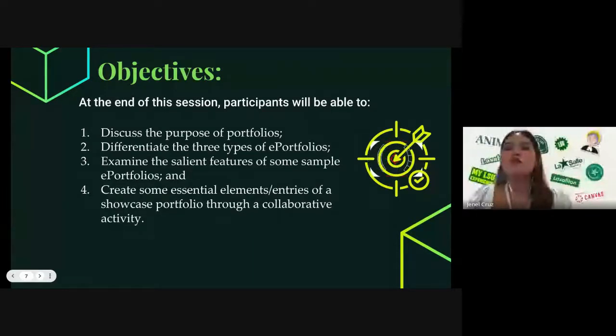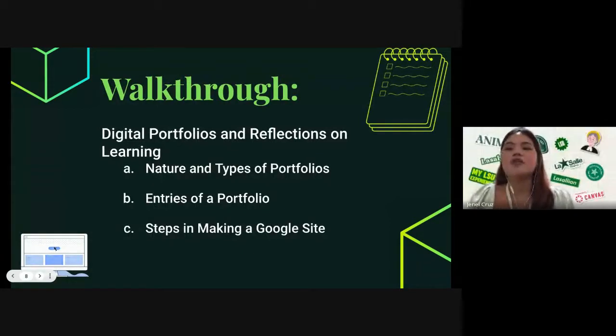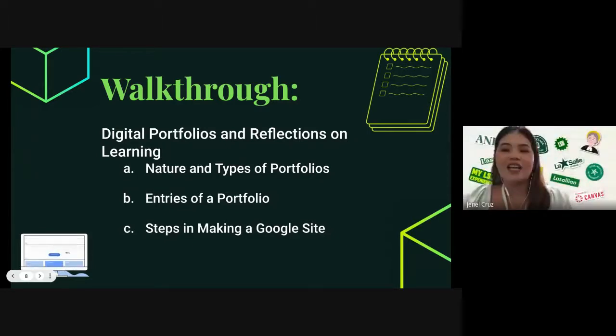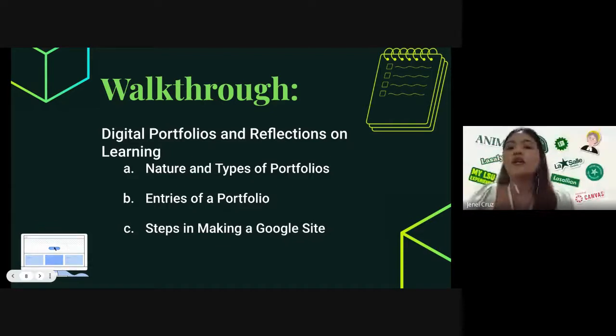Because the objectives are already presented, I am going to present to you the essential topics for this session. For our walkthrough, the major topics will navigate on digital portfolios and reflections on learning, but most specifically, we will start with the nature and types of portfolios. Next would be knowing the possible entries of a portfolio, or the contents that we can put in a portfolio. And of course, last but not least is knowing the 6 easy steps in making